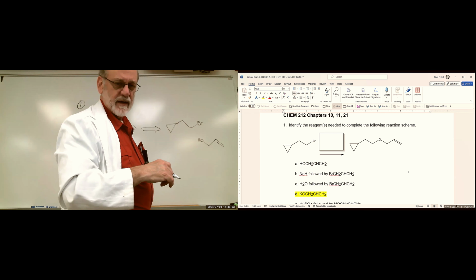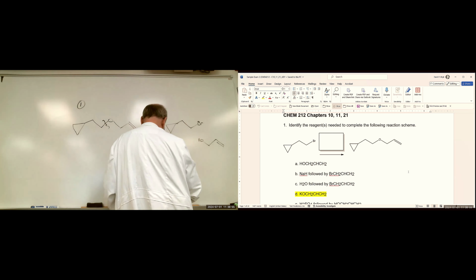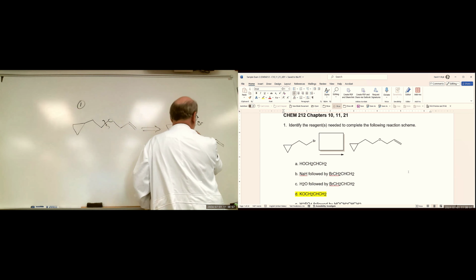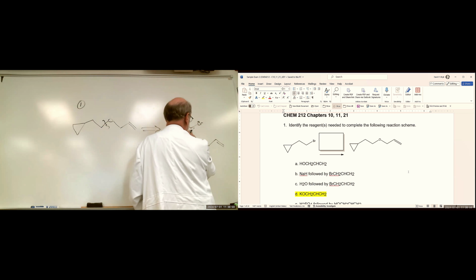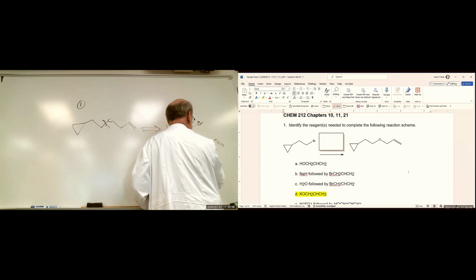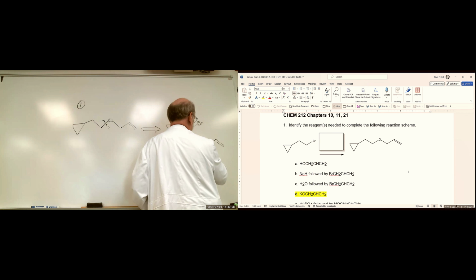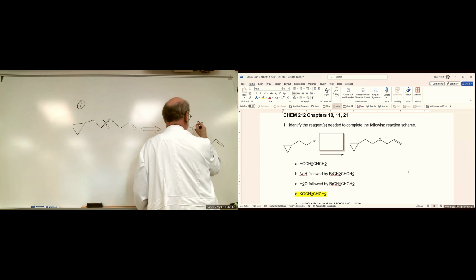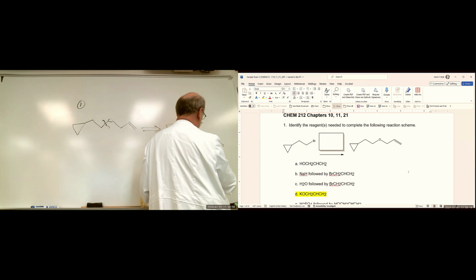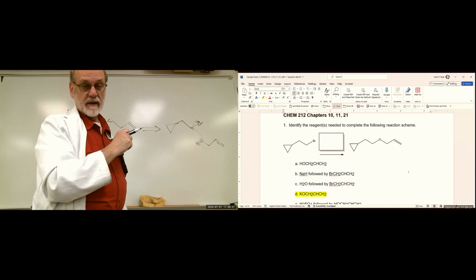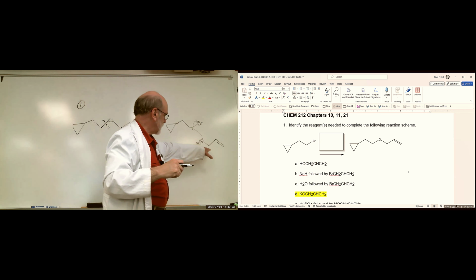But if that wouldn't work, right? Because if this is going to be the electrophile, we have to form a bond here. Then this would have to be the nucleophile. It would have to be like that so that we could attack that, and this would break off and leave. So in order to do that, we would need